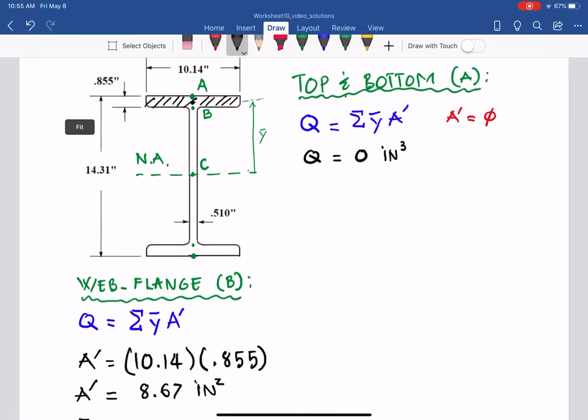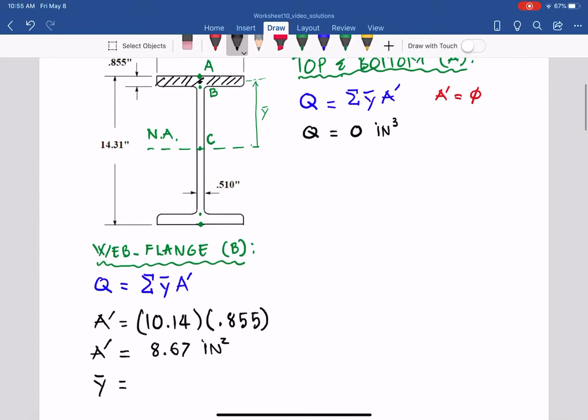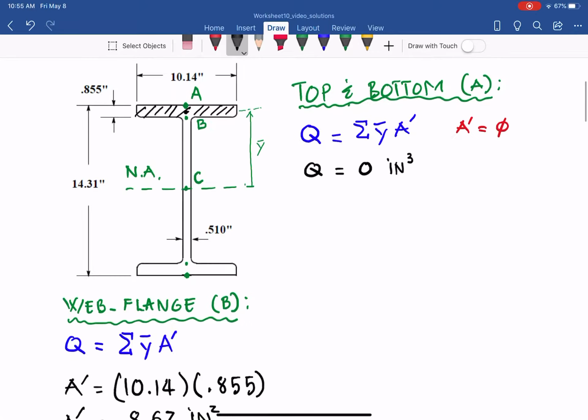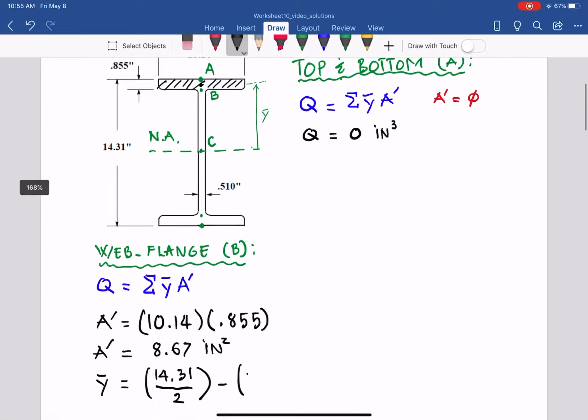To the half of the height of the beam. So it equal to 14.31 divided by 2, that half of the beam, subtract half of the thickness, then you get y bar, right? So we have it here, minus the thickness of the flange,